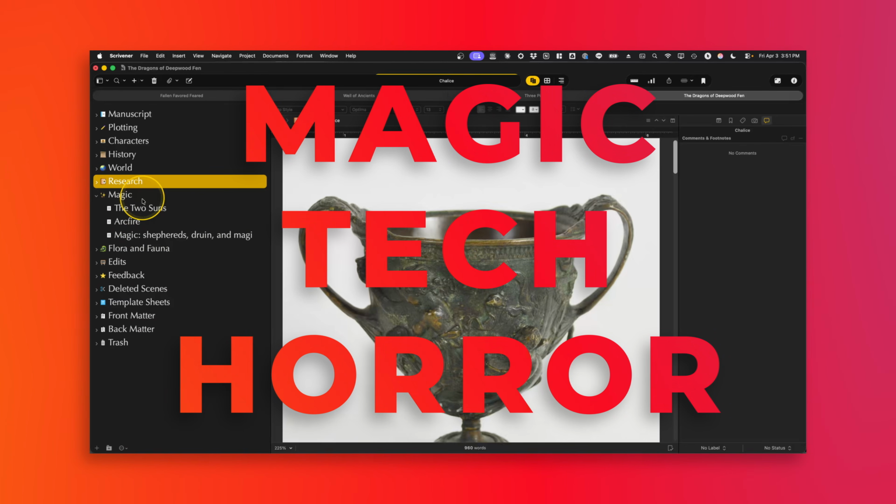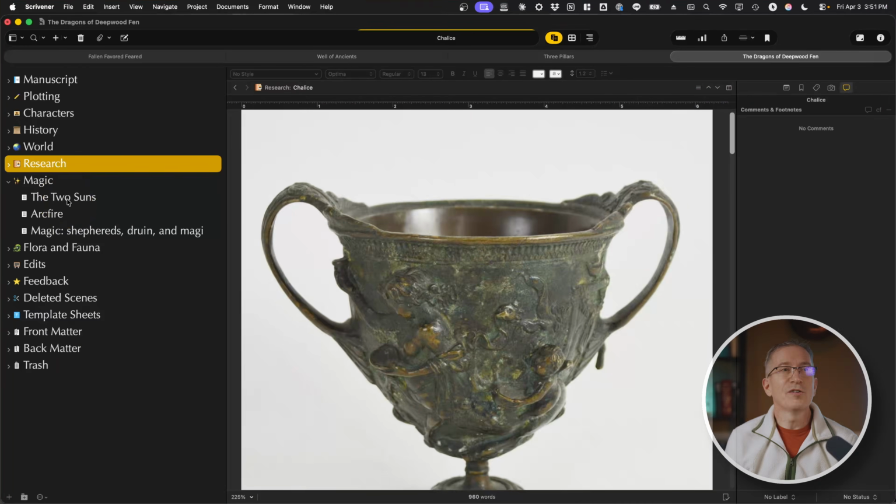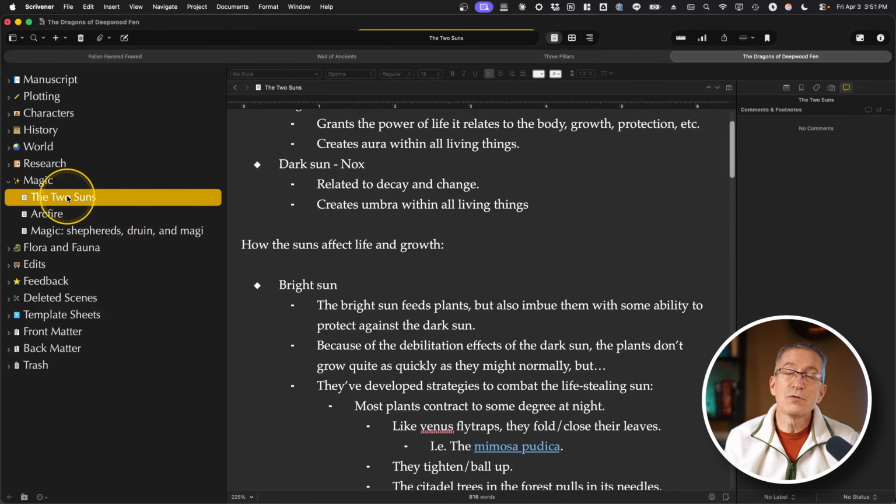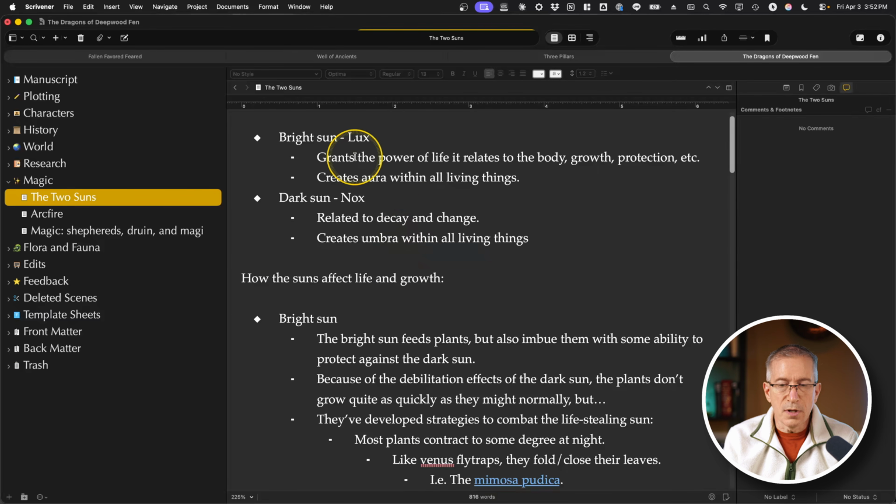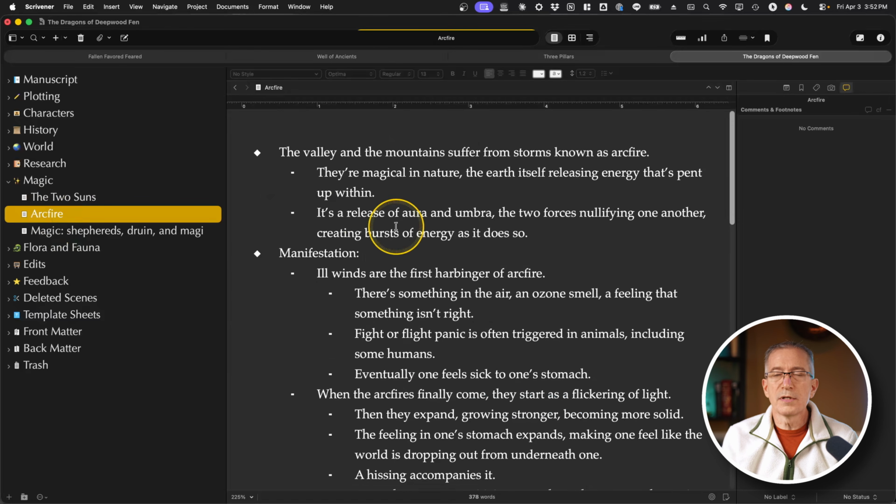And so this may be magic if you're writing fantasy. It could be technology, something along those lines, if you're writing science fiction. It could be horror elements if you're writing a horror story. And so you just put how your world works with respect to the speculative elements within this folder. So here I have the two suns I mentioned, and because they drive the magic, they provide the magical energy for the world. I put that under here, and I detailed how Lux and Nox, the bright sun and the dark sun, work. I might have things like arc fire, where the stores of energy, these opposing forces of energy, can sometimes